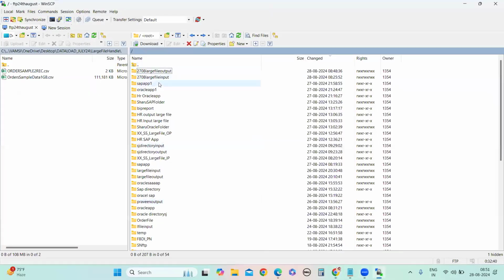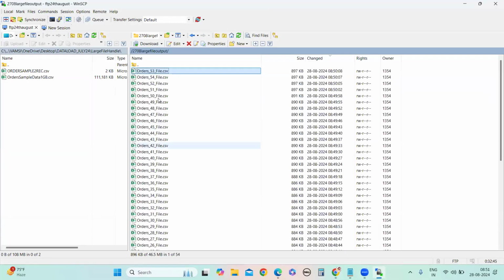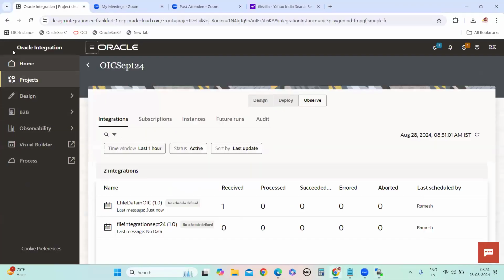We are sending the multiple files to the destination system. But the client will sometimes ask, I would like to send a single file. I would like to send as single file. So now what we will do? Go to the projects.